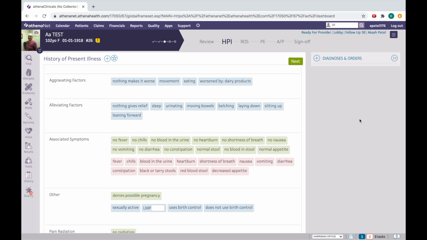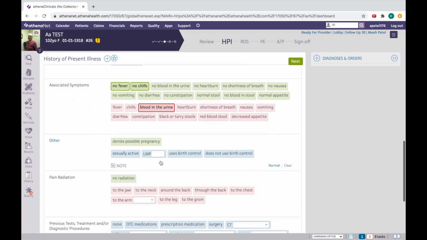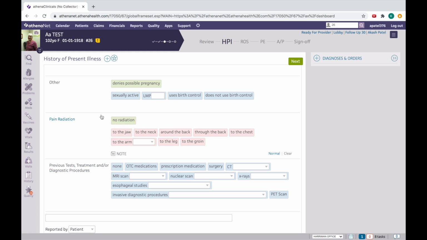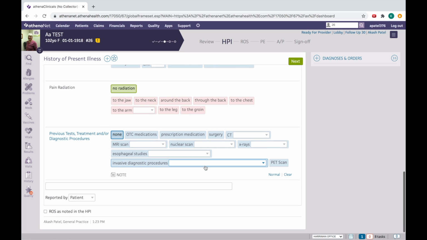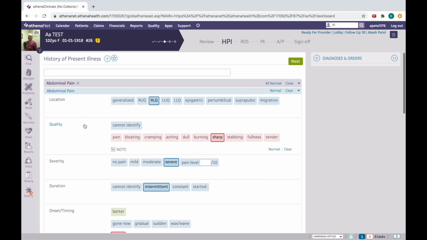If you want to make a note that the patient has no fever or chills, you will have to click here, no fever, no chills, something like that, blood in the urine. And suppose the pain is radiating, then no radiating, no medication. And you can add your finding, or you can write freely in here for any subsection.